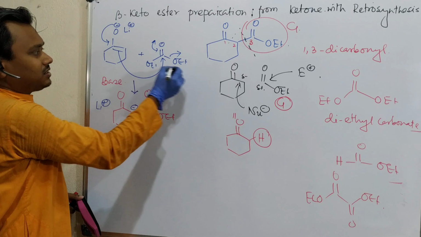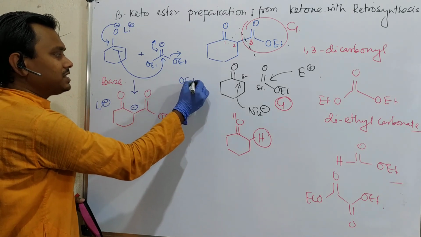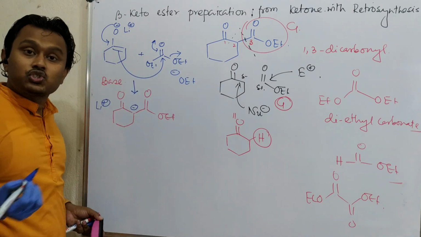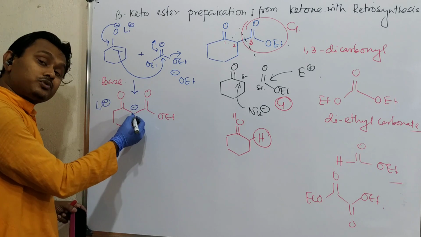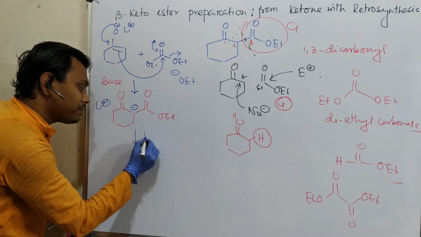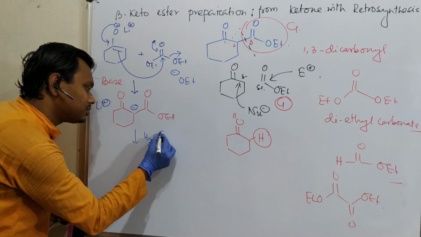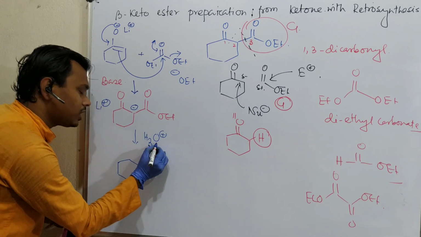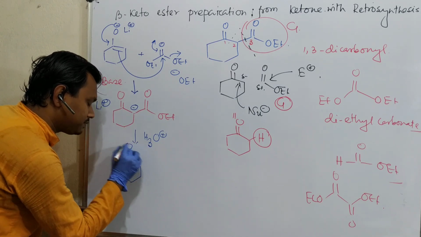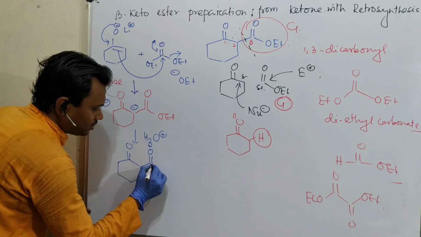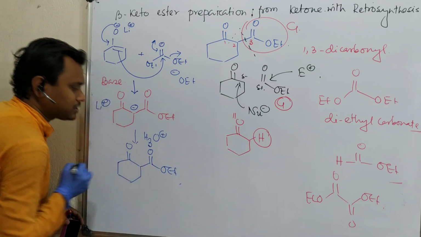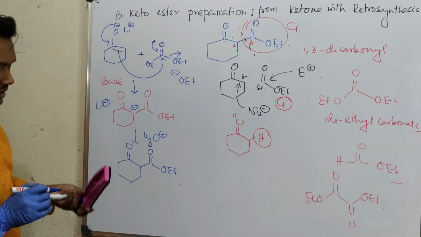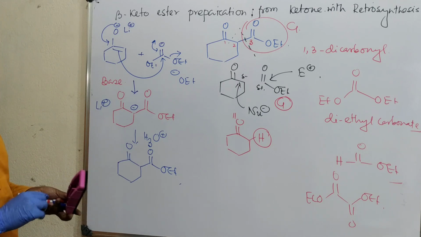See, after this reaction, what is it generating? It is generating ethoxide. It is a strong base, so it is capable of abstracting this proton. So in the next step, a workup like dilute acid will result in this. Please be careful about dilute acid, because if you take concentrated acid or heat this reagent, there is a chance of ester hydrolysis. So this part I guess you have understood very well.